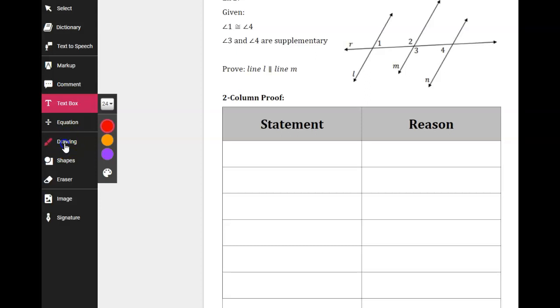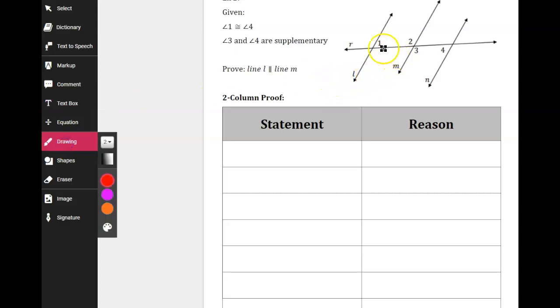it says, given that angle 1 is congruent to angle 4. So here angle 1 is congruent to angle 4. And it says that angles 3 and 4 are supplementary. So angle 3 and 4, this one and this one, are supplementary to each other. And I need to prove that lines L and M are not congruent, but parallel. So that means I need to make some kind of relationship between the angle pairs that's created with lines L and M. So maybe these two right here. So I'm going to start out,